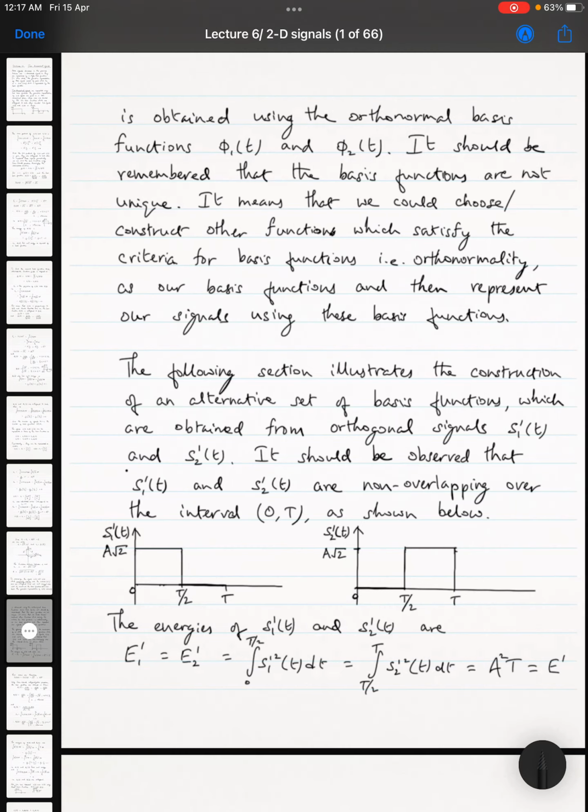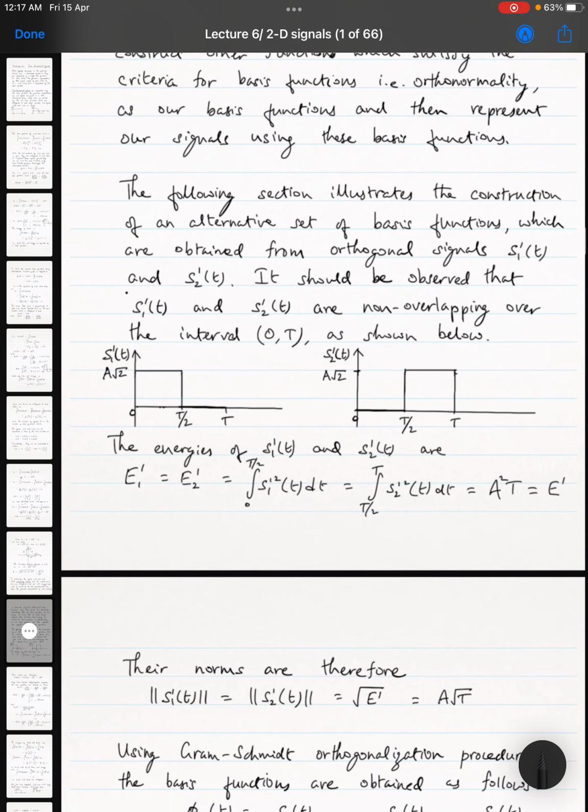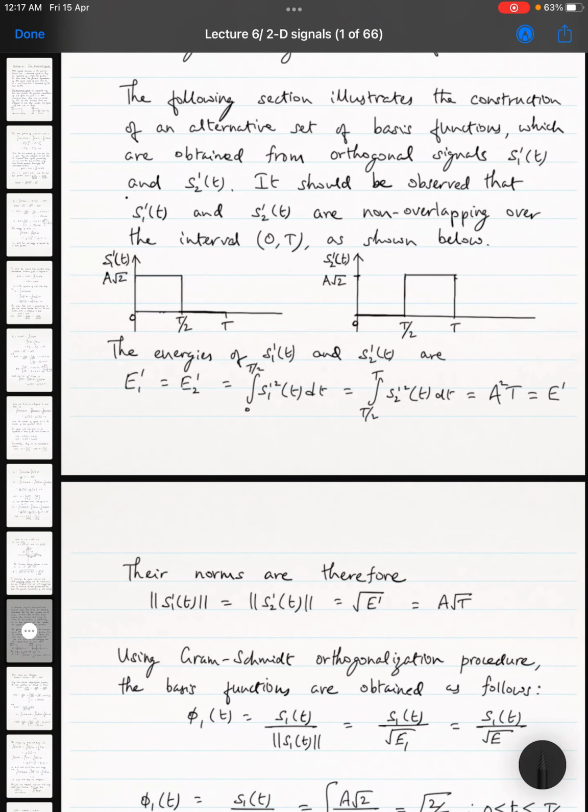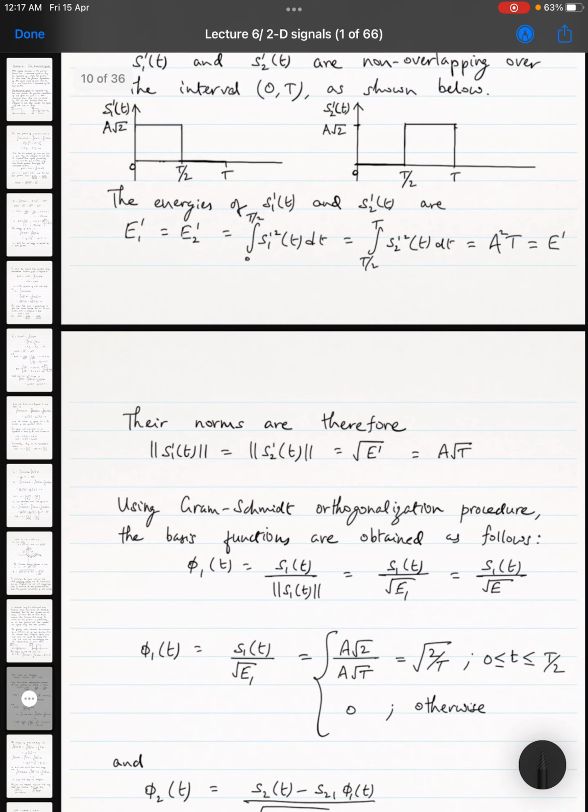So using these non-overlapping signals S1 dash and S2 dash, we are going to compute their basis functions, which we'll call phi1 of t and phi2 of t. Again, we are going to use the Gram-Schmidt procedure to do that, and I'm going to run through this very quickly because you should be familiar with the Gram-Schmidt procedure by now. So let's quickly run through that, and then represent the signals using those new basis functions, and see whether the